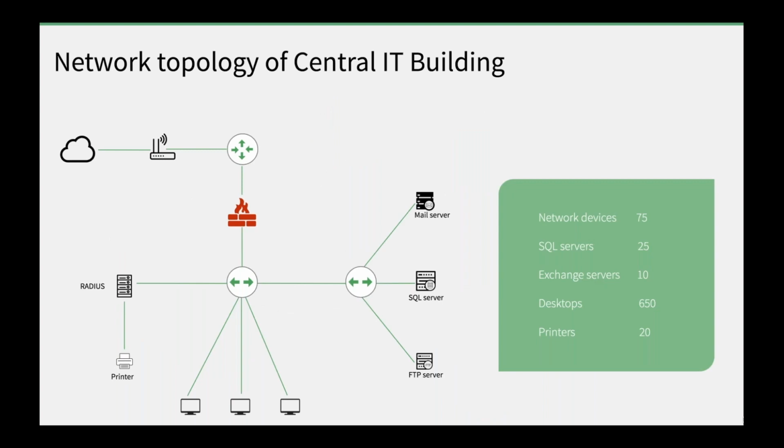So by seeing this, you can understand how his network infrastructure is connected, and he has around 75 network devices, 25 SQL servers, 10 Exchange servers, and 650 desktops overall, and around 20 printers. So if you see this topology diagram and with the stats, we can understand that there are more